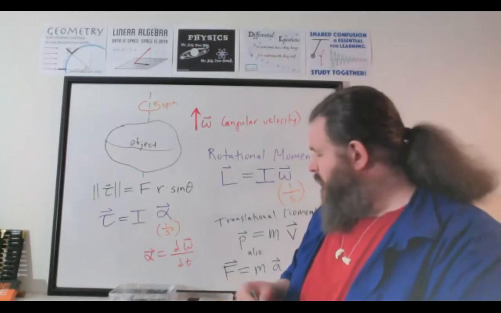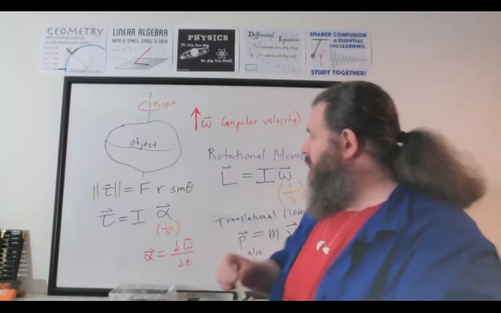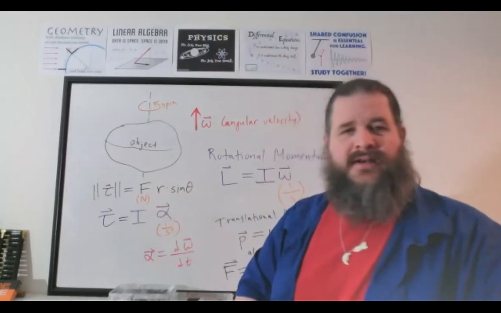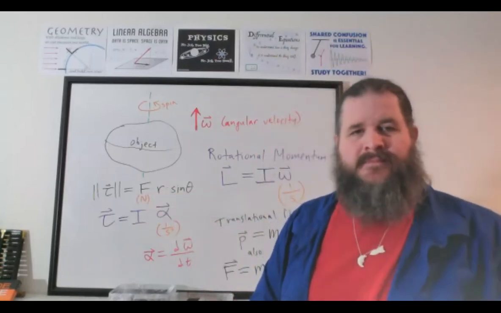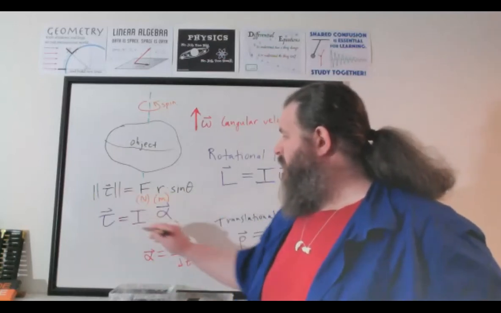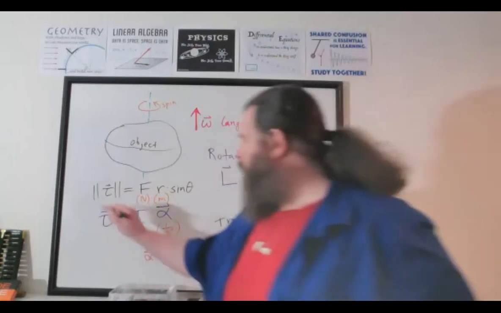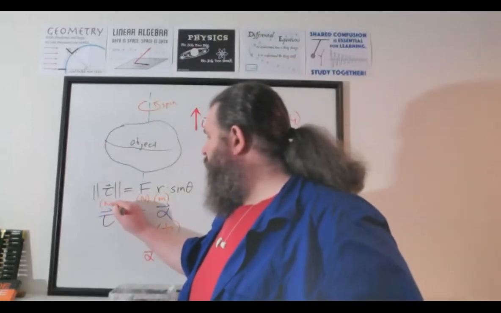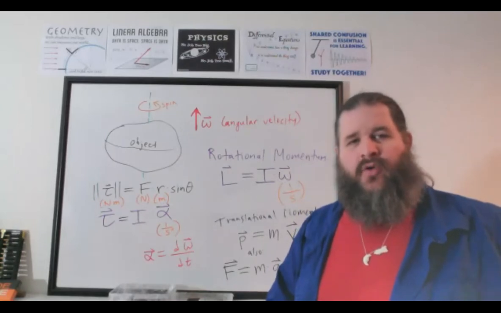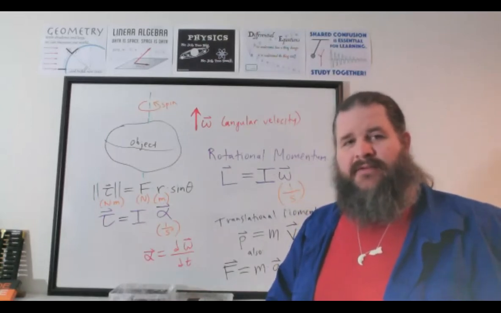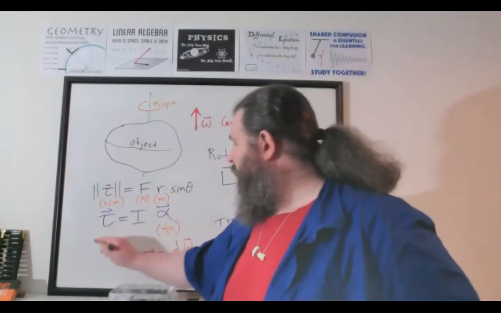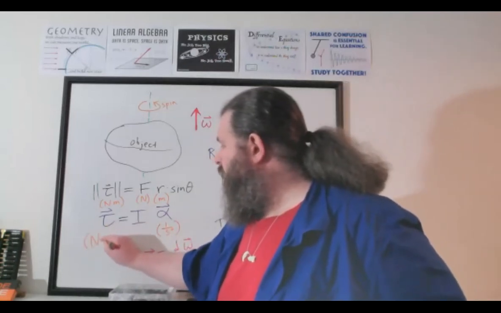If you take a look at the units of these though, force is definitely measured in newtons. What's the radius going to be measured in? Meters. Right. So that means torque is measured in Newton meters, which also technically could be written as joules, but we usually don't because we don't want to get this mixed up with energy. Torque is not an energy, it's something completely different. It just happens to have the same units. But if we write torque as newtons times meters,